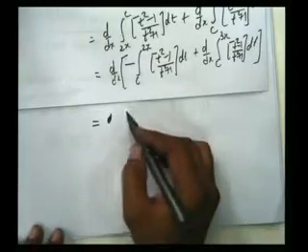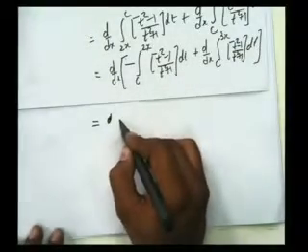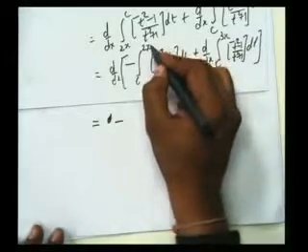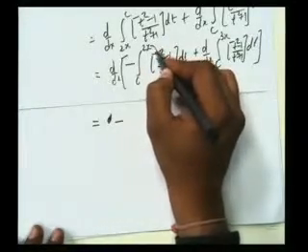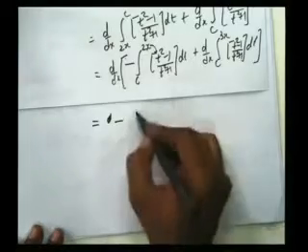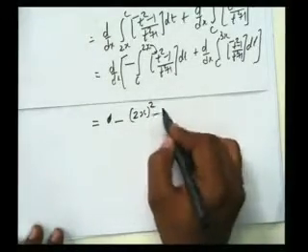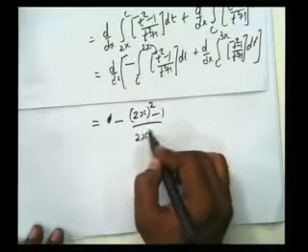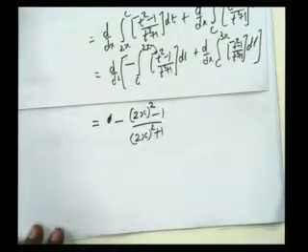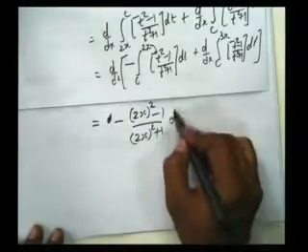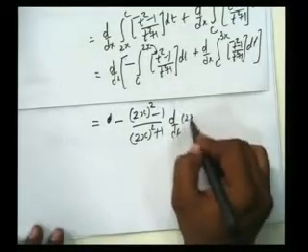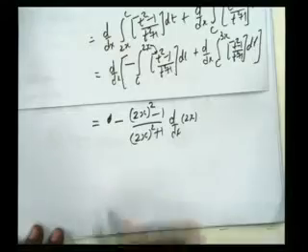We have the result, minus, this t square is replaced by 2x. That's why the result is 2x square minus 1 divided by 2x square plus 1, and differentiate 2x with respect to x, plus